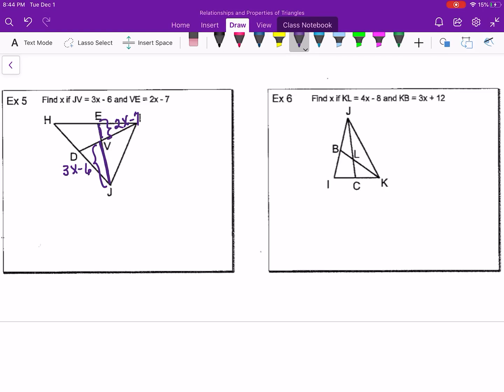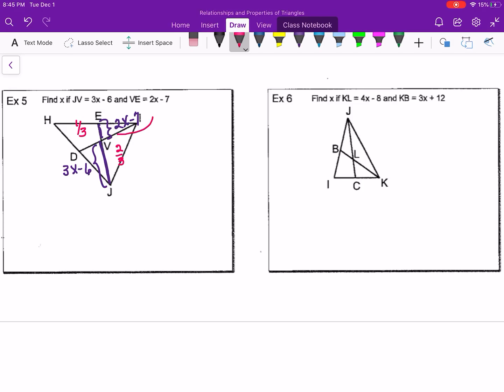Let's try this. This is a little outside of how we've done the other ones. But I think if you've been thinking through and going with the arithmetic and how the 1/3 and the 2/3 work, I think this might make some sense to you. If the 2x minus 7, if the EV is 1/3 of the way all the way across, and the V to J is 2/3 of the way all the way across,